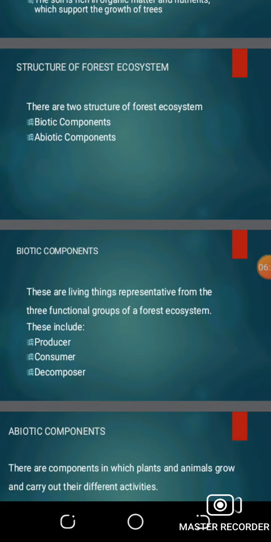So producers are living things that produce food on their own, like trees, shrubs, moss. And these producers turn water and sunlight into the energy they need to live and grow. While consumers are living things that depend on food or other sources from the producer, like insects and rabbits.